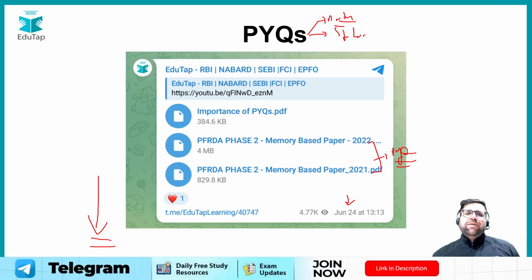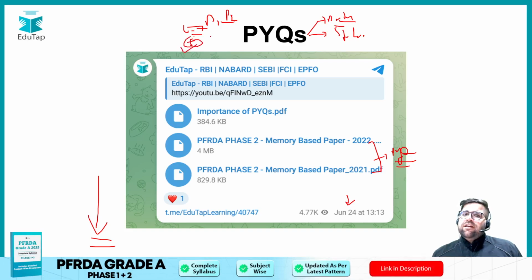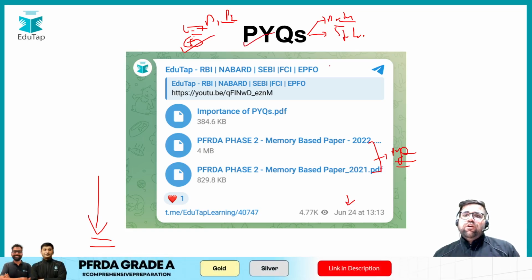Yes, some questions can be tough, and you can expect 6 to 7 questions in phase 1 and in phase 2 as well. So out of 6 to 7, if you are getting 5 correct, then definitely it's a wonderful job. No need to worry at all. So this is the analysis of previous year questions, and they are already available on our Telegram channel in the form of PDF.